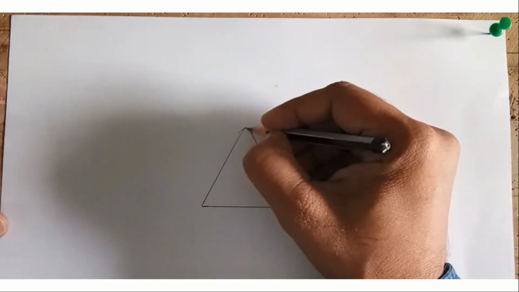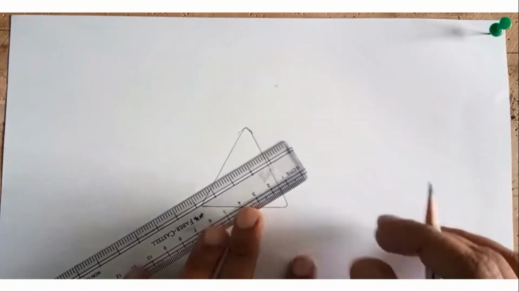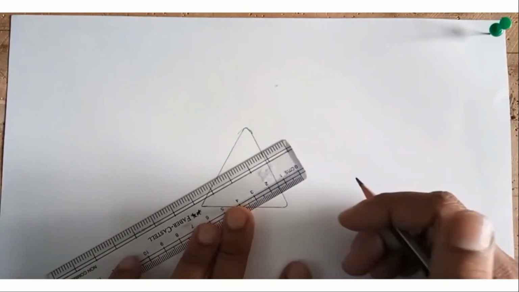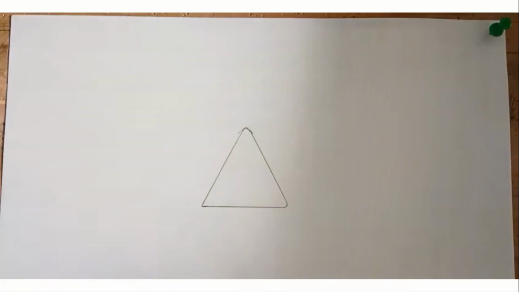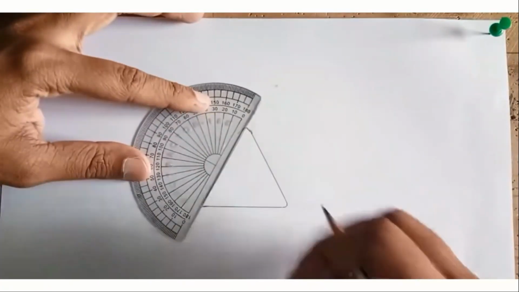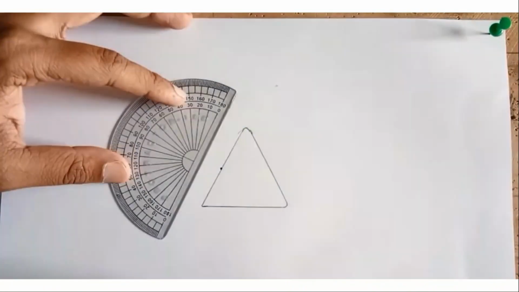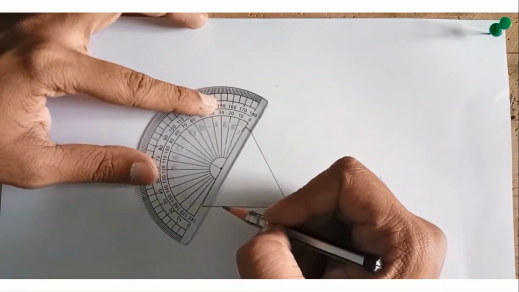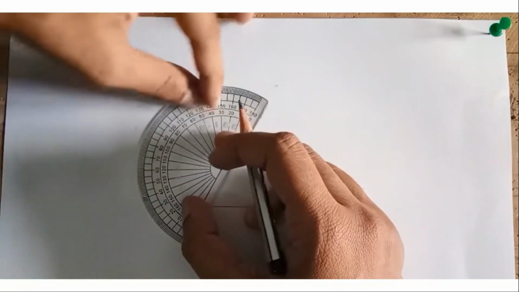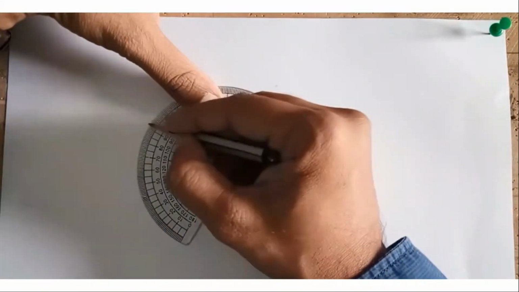After drawing this outline of glass prism, we have to draw an incident ray to this. Incident ray, I am taking it as 60 degree. First, I will be marking a point so that we get an angle of incidence. So point, let it be here. We have to place the center of the protractor to that point so that we will measure the angle of incidence. Here the normal line is 90 degree. This is the normal line.